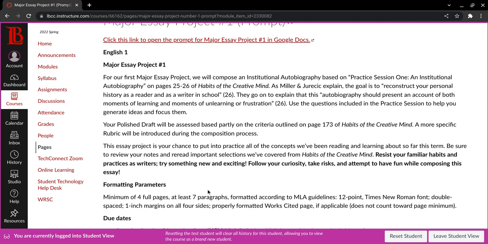So as we progress in our course, I encourage you to begin thinking about your experiences, paying attention to some of the memories that you've had. You might even look back at some of your old writing projects if you have those available. Look back at an old hard drive, or perhaps in your email account, or if you use Google Docs or something along those lines. Look back at your writing that you've done in your previous classes to maybe consider as an example that you would include in your essay.